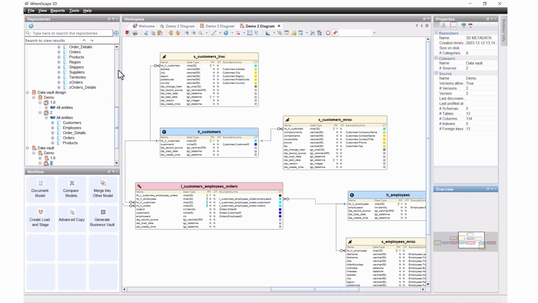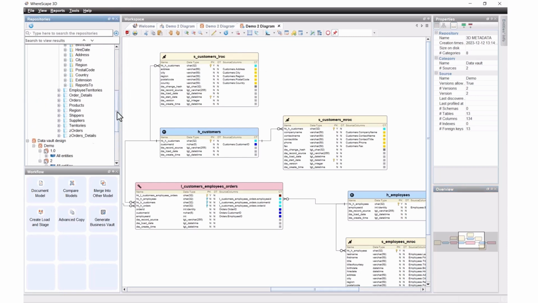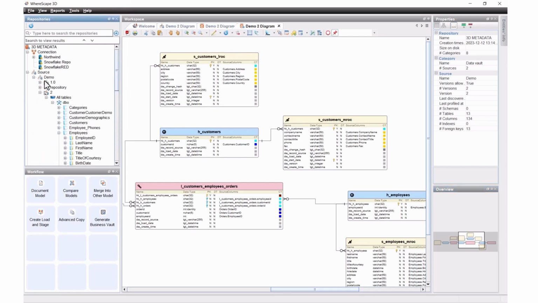And I can certainly regenerate with different version numbers. I've also got the ability pretty much anywhere in here to compare one version against another, to merge changes. So maybe my data vault design is a small piece of a larger project. I can use 3D to merge my changes in with other projects as well. Similarly, let's back up a little bit. I can compare my source discovery.